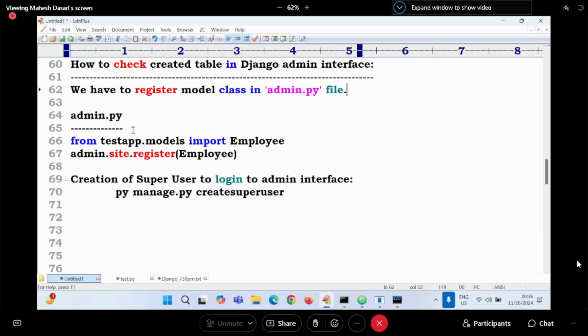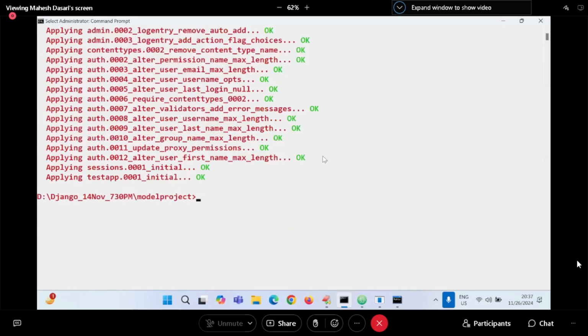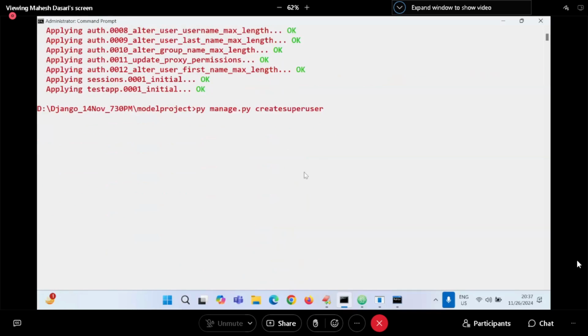So if you have not registered, the model is not available in the admin interface. Compulsory you have to register. Okay, copy the command and it will ask some details. You can give dummy details. Create superuser. Username: if I do not provide anything, it says leave blank to use the default. I have created this many times. It is asking for a username, you can give one. If I give nothing, by default it will consider Mahesh. Email, either dummy,